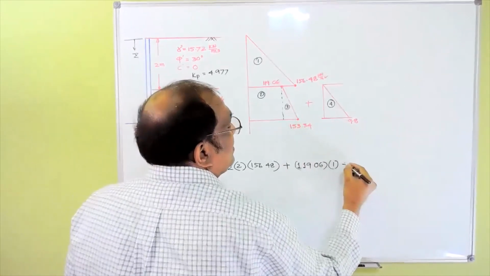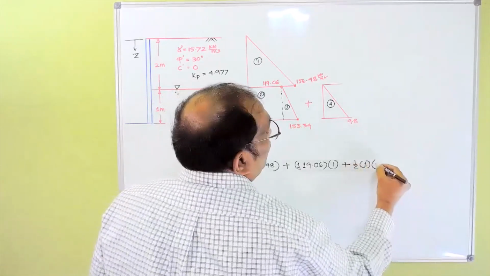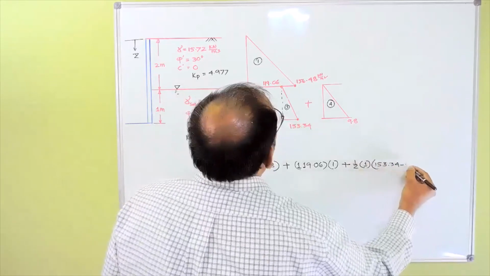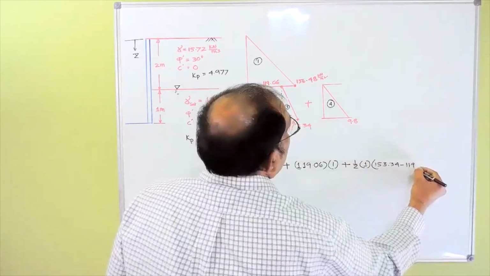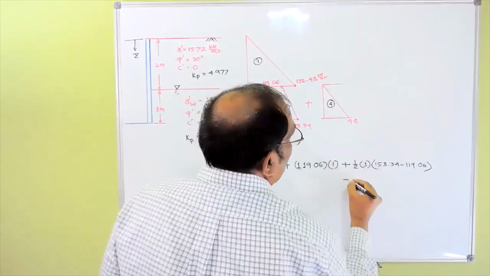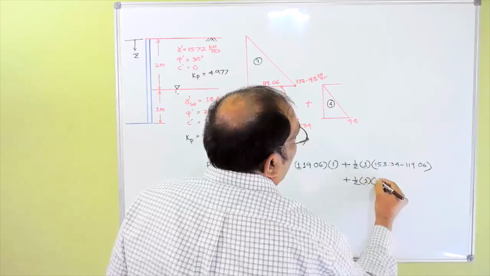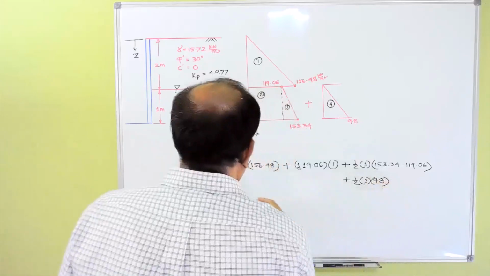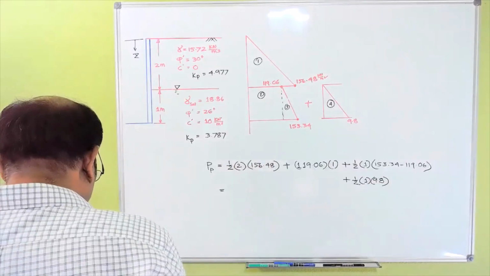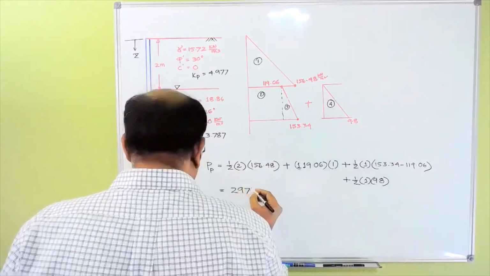This area is half into 1 into 153.34 minus 119.06 plus this area, which is half into 1 into 9.8, which is the total force is basically 297.6